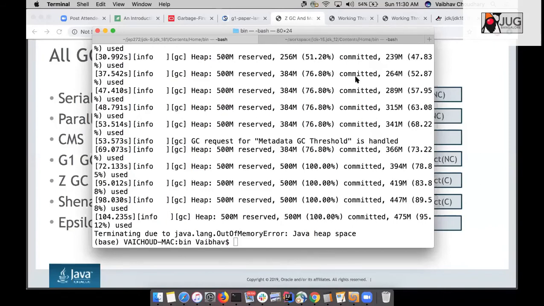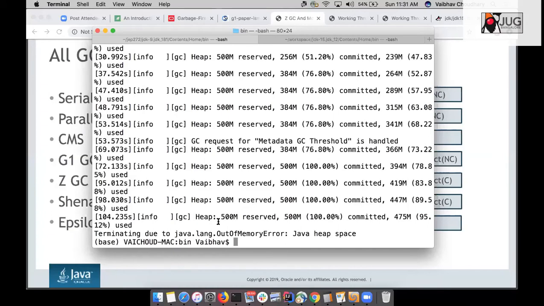Yeah, sure. So the goal of the Epsilon, as Vaibhav mentioned earlier, is to define the base for any GC algorithm. Because what it does is it allocates memory, but it doesn't deallocate, or it doesn't consume back. So most of the GC algorithms, like CMS, G1, ZGC, parallel GC, Shenandoah, whatever, they all define how you reclaim the memory back. But the basic thing like allocation, everybody does. So Epsilon also does the allocation, but it doesn't do the deallocation. It leaves it back to the developer if they want to define any new GC algorithm based on that.